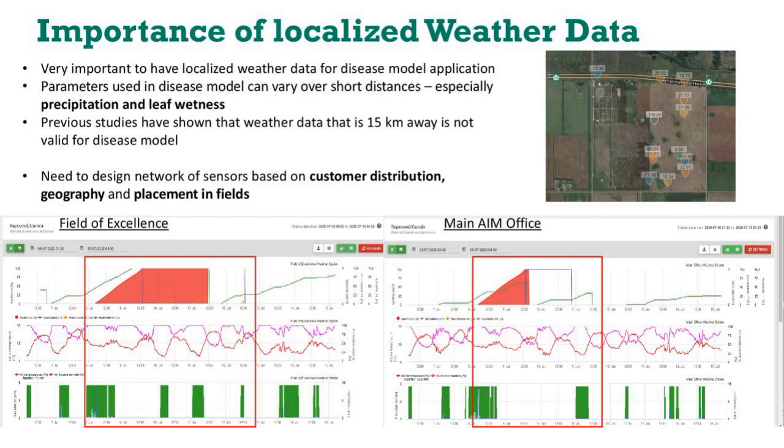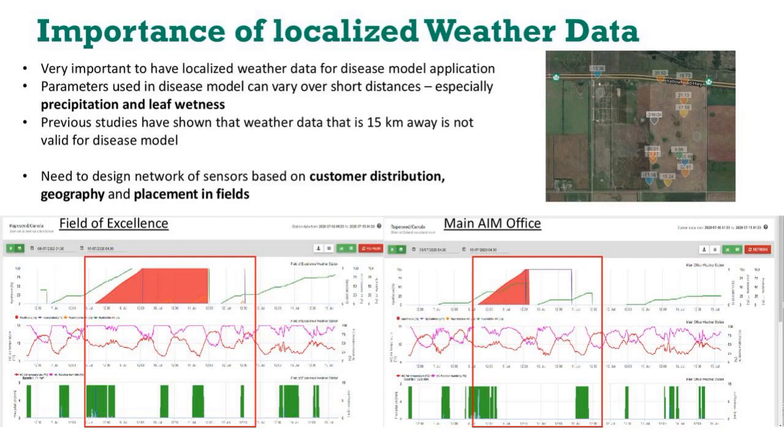So here we're looking at the main office, and you can see the weather that occurs at the same period of time. Here we actually have a sporulation event, apothecia, and we actually get into a hydrolytic infection. Here we don't ever get into any major event of infection. We do have the sporulation, we do have the apothecia development, but it's a shorter period of time. So the microclimate that's occurring in that crop is picked up by the weather station. The model is then showing you its sensitivity, showing the impact of that localized data in that field.